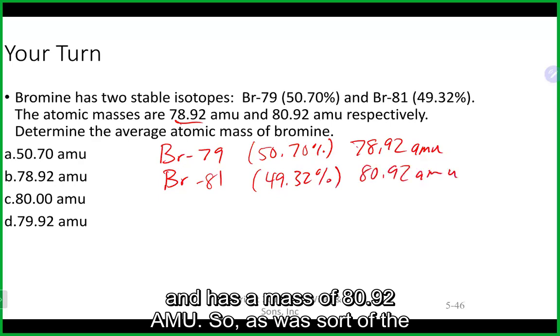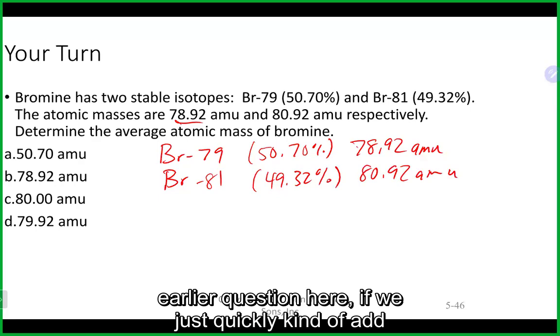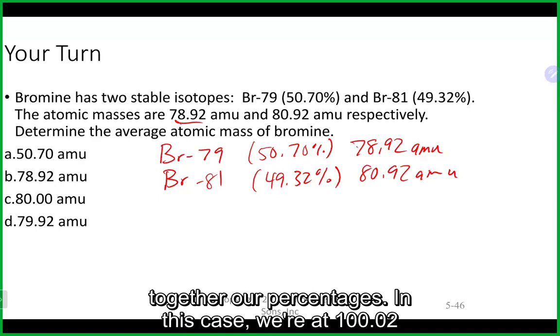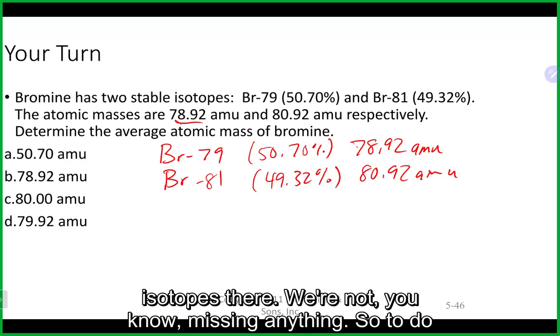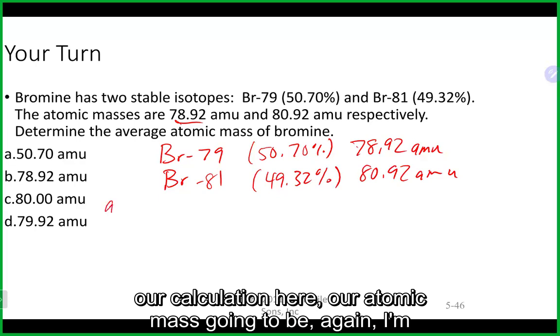As was the earlier question, if we quickly add together our percentages, in this case we're at 100.02, pretty much 100. So we definitely have all of our isotopes there. We're not missing anything. So to do our calculation here, our atomic mass